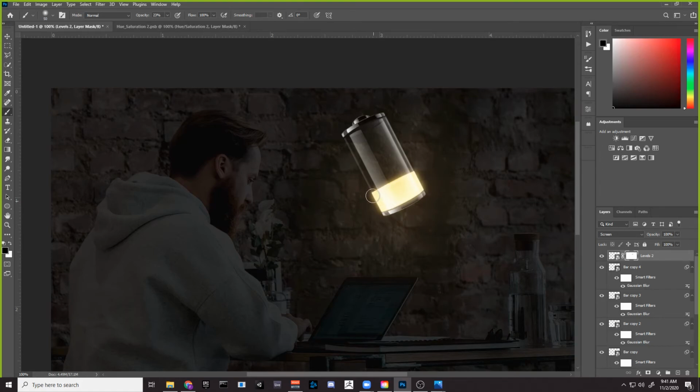Okay, so on the sides I'm removing a bit and from the top a bit. Okay, so this small thing. Now all of this